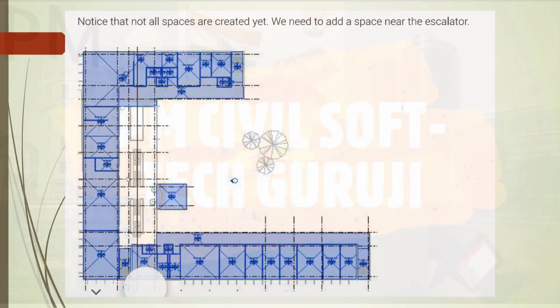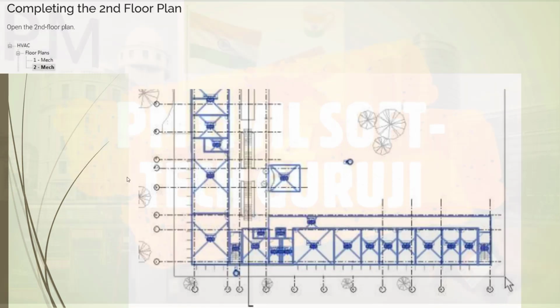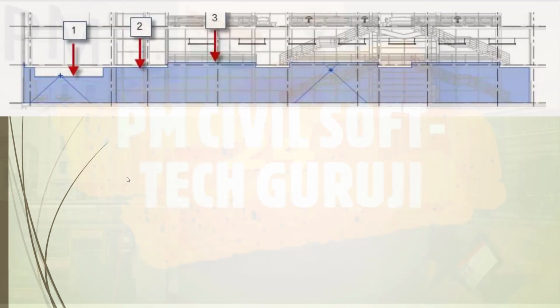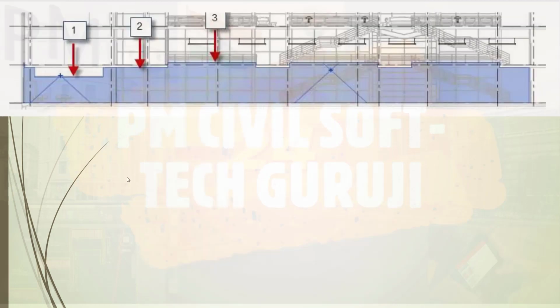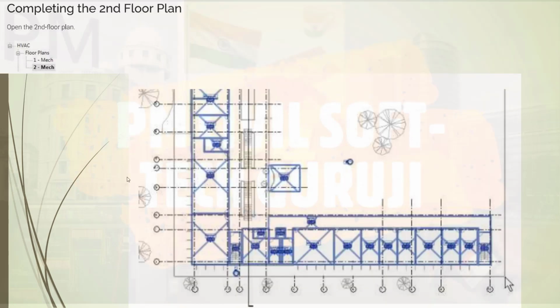As you can see below, the spaces are adapted to the rooms. The rooms have a ceiling. A ceiling is also a room bounding element, so the space doesn't go higher than the ceiling. We will add spaces to this area later. See in the figure, it is important to review each floor plan and the building sections. There are some spaces that overlap too. We will review and fix them.